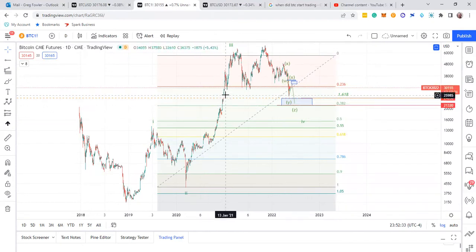This is the CME futures. So it's off a little bit. So that's the general area. So like I would say 60-70% of the time, fourth waves will go to the 0.382. They go there and they actually can wick down past it. So having wicks down to, you know, 18 or 19,000 is not going to be a surprise. I'll put it to you that way.